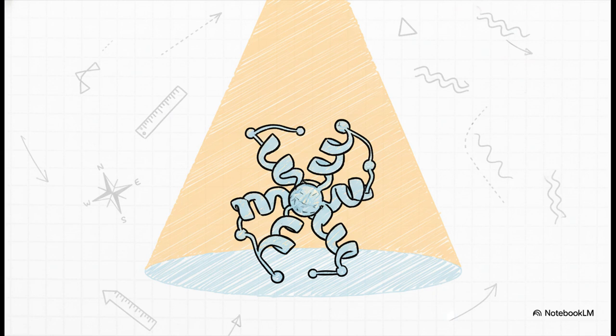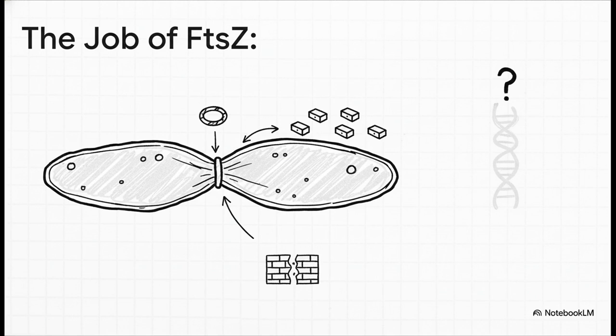And that special protein I just mentioned, yeah, it's a total rock star. It really deserves its own moment in the spotlight. Meet FtsZ. You can think of this single protein as the master architect of prokaryotic division. It's the director of the whole show. So what does this little protein actually do? Well, FtsZ is the one that builds that critical ring right in the cell's midsection. It's what coordinates the split, and it even recruits all the building materials needed for the new membrane and cell wall. It's basically an all-in-one division machine, and here's a little teaser for you. This ancient protein has a modern-day descendant doing a very similar job in our own cells. Just keep that in the back of your mind.